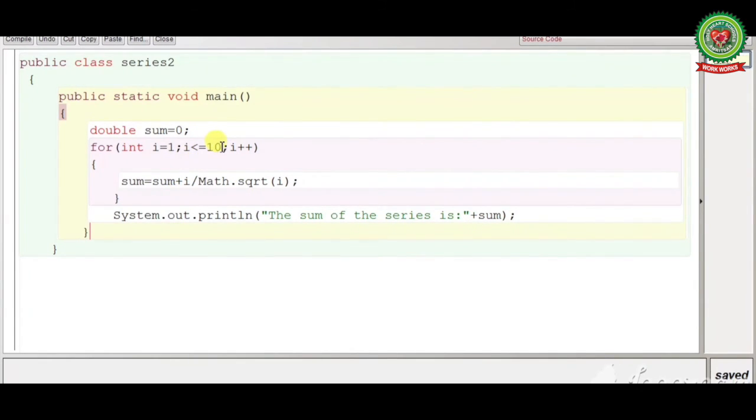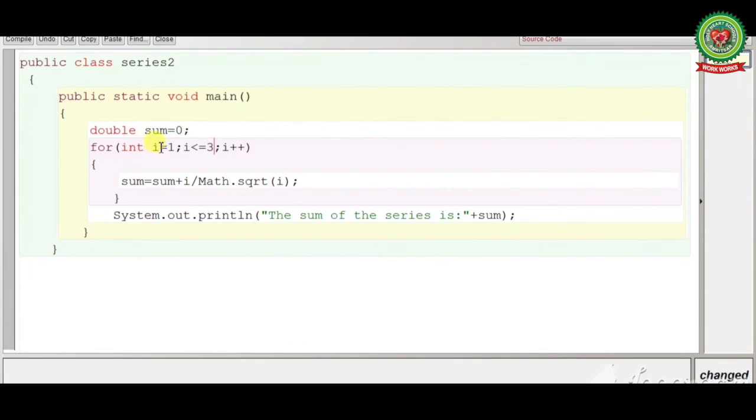Now to understand this loop we will run it 3 times, that is i less than or equal to 3. So as I have told you, 0 plus 1 is 1. Again the value of i will be incremented, that is 2. So 1 plus 2 upon square root of 2 results in 1.4. So 1 plus 1.4 results in 2.4.